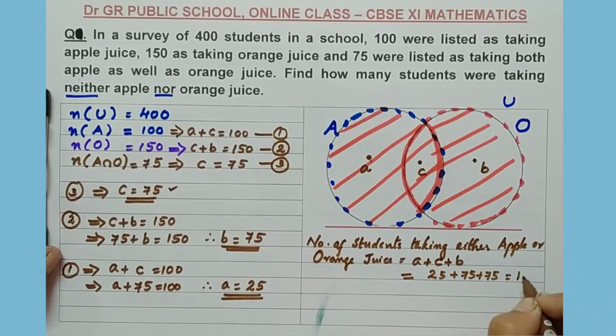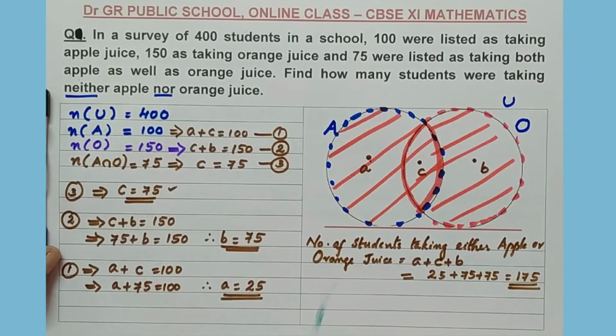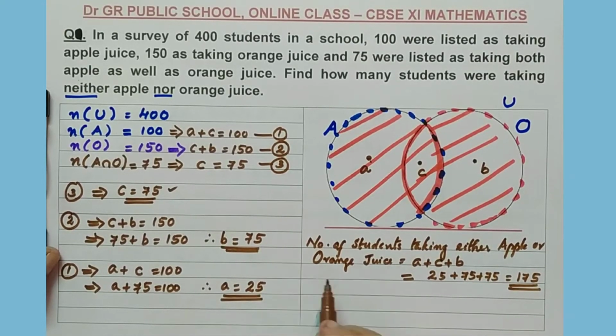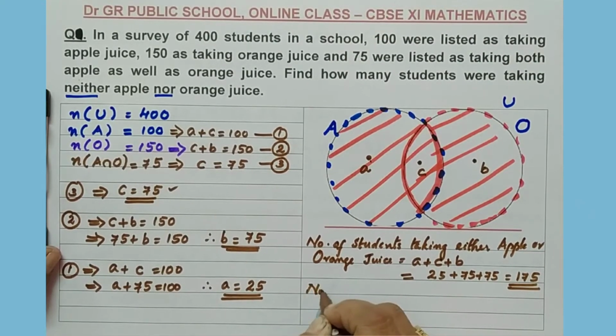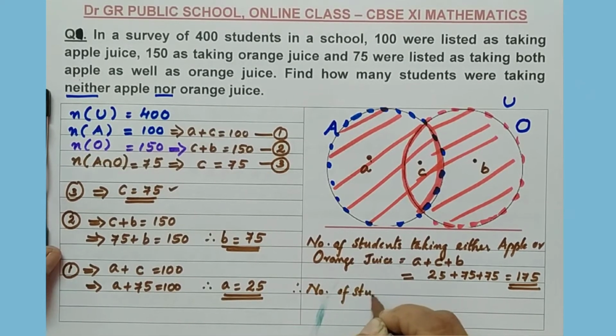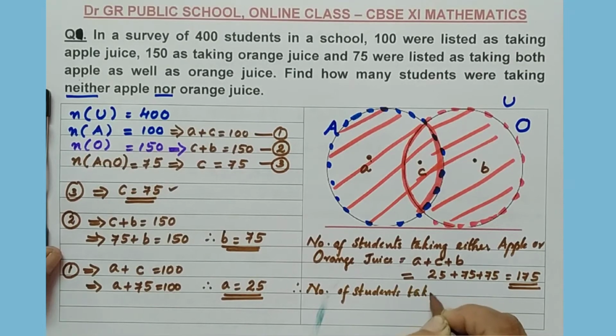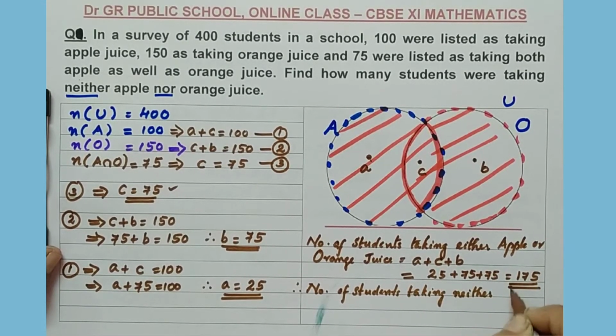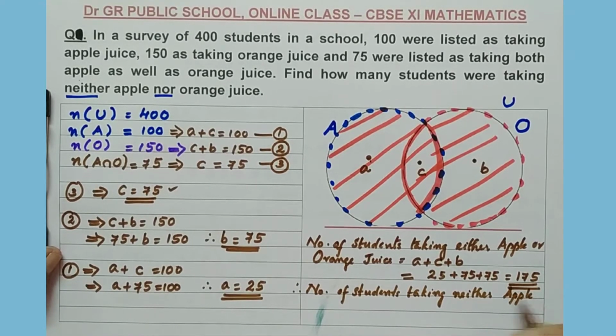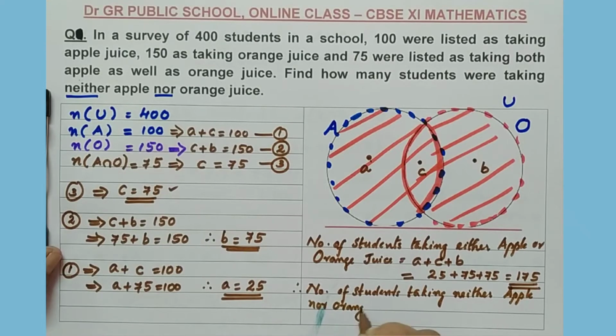So, the answer will be 175. 150 plus 25 is 175. But we are asked to find the number of students taking neither apple nor orange juice. This you need to find. Neither apple nor orange juice equals